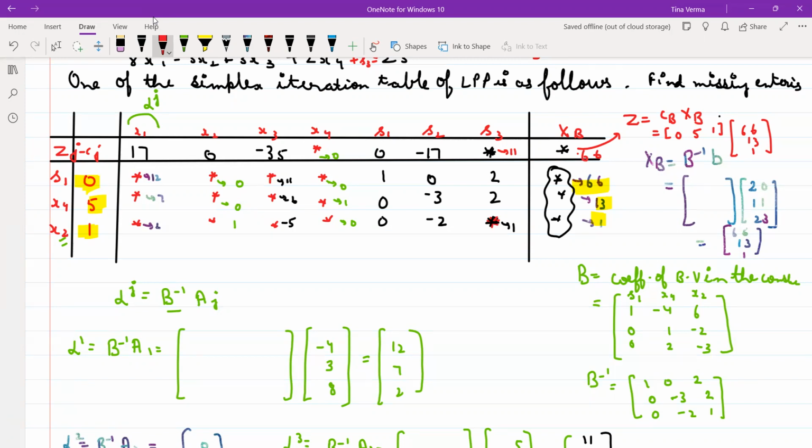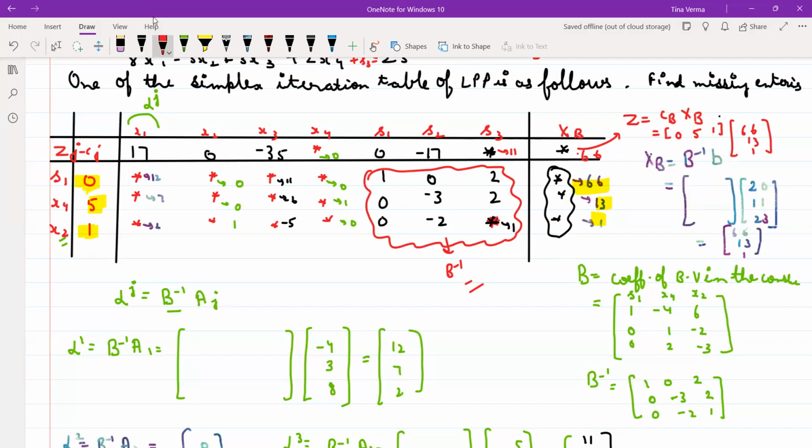Right? So whatever values will be given to you, कोई भी आपको इटरेशन टेबल अगर गिवन है, आपको पता है आपके इनिशियली बेसिक वेरिएबल्स कौन से थे? S1, S2, S3. अगर मैंने शुरू से स्टार्ट किया होता, तो अगर कोई भी टेबल है आपको गिवन है, तो S1, S2, S3 के नीचे कॉरेस्पॉन्डिंगली अगर वो आपका ऑप्टिमल टेबल है, तो हमेशा वो इनवर्स बना रहा होगा. यू कैन नोटिस कि बी इनवर्स आपका यही आ रहा है,